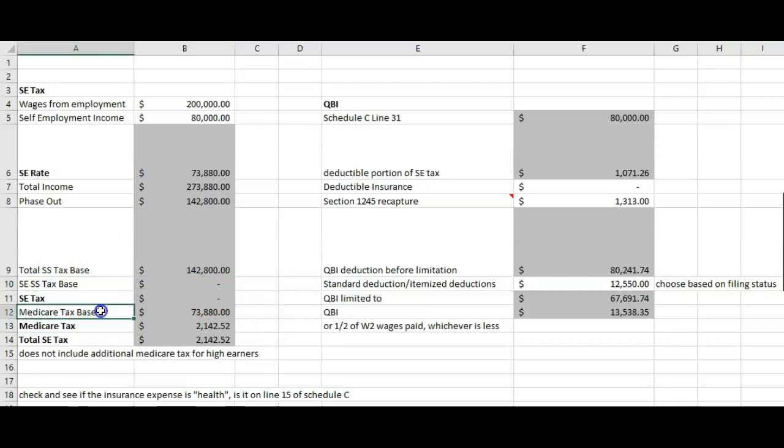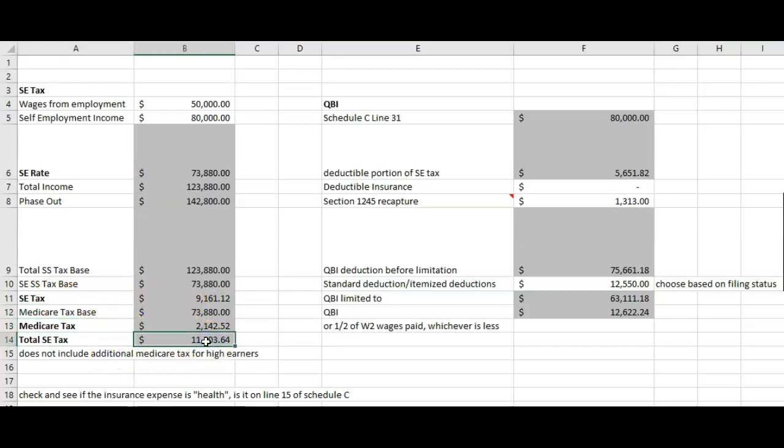But you'll notice that the Medicare tax does not phase out. Your Medicare tax base is still going to be based on all of the self-employment rate, $73,880. So let's change this back down to $50,000. So now the person has to pay taxes on all the Social Security taxes, on all their self-employment income again, and they also have to pay Medicare taxes on all of their self-employment income,